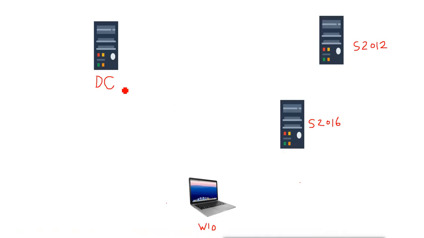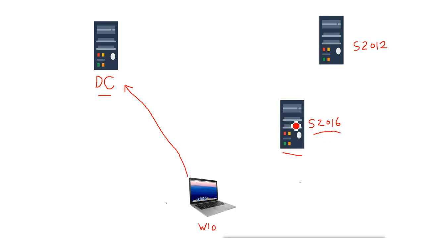So for example, this is our domain controller here, and this is the domain we created here. So we can make this Windows 10 machine a client for this domain, or we can make Windows 8, Windows 7 also a client of this domain. Same as we can do what? We can make other Windows 2016 machines. Like this is a server also, and on this server I have installed Server 2016 operating system here.